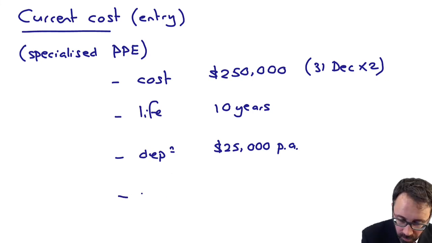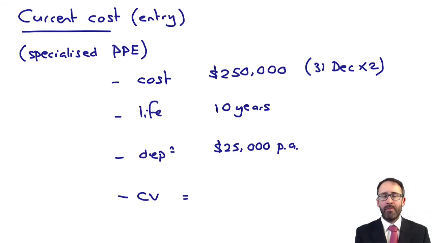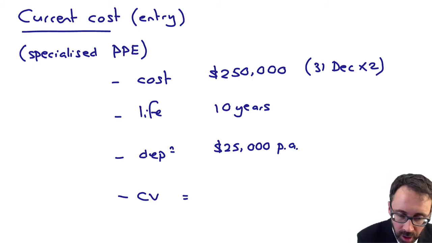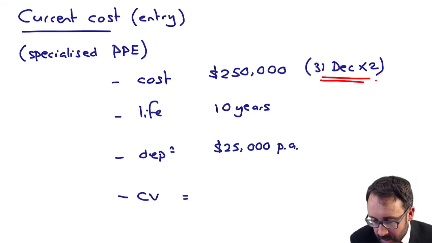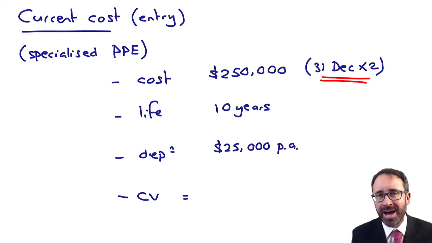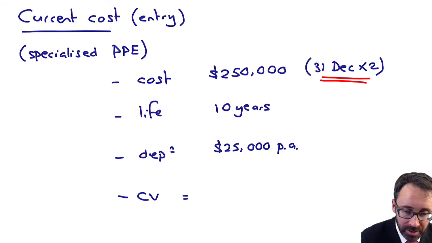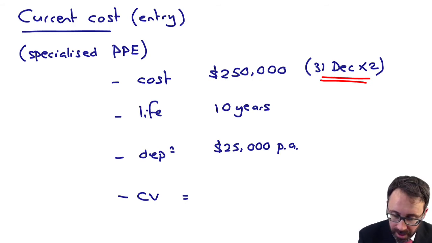So therefore, the carrying value now, and again, remember there's 2 years worth of depreciation. We originally bought the asset in January X1. Its current cost today, December X2, so 2 years on from when it was originally bought, is 250. If we were to have depreciated that for 2 years, that will be 50,000 of depreciation in total, and its carrying value would be